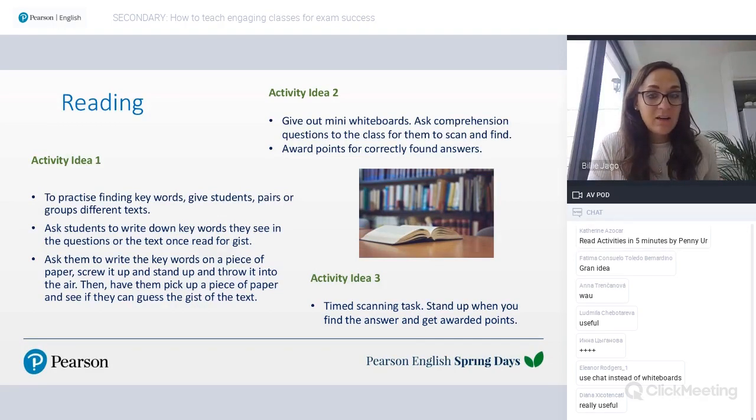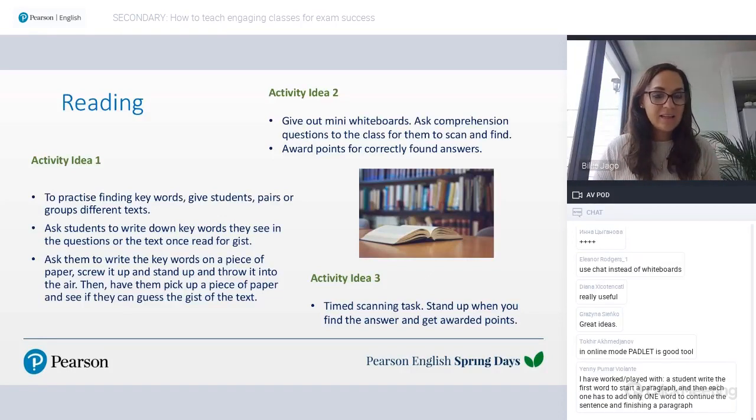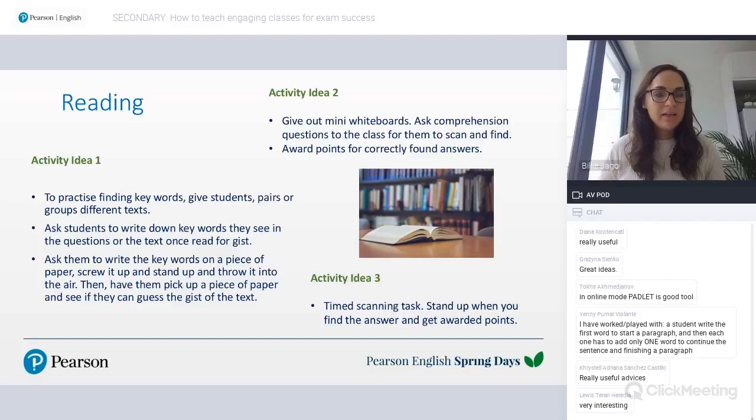Finally, we've got a timed scanning task, which often works well in class as well. So you hand out a text to individual students and ask them to scan the text to find specific words related to that topic. So for example, if the text is about the world of work, you could ask them to find maybe as many jobs as they can in 3 minutes, or some statistics related to jobs depending on the level of the class